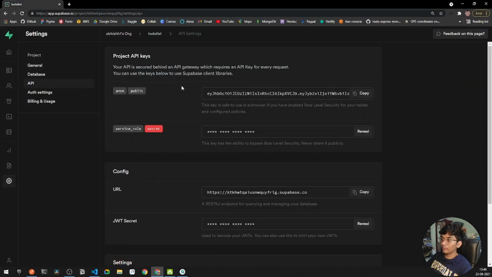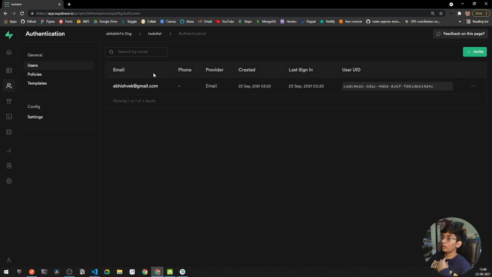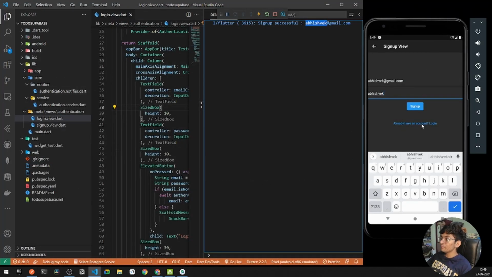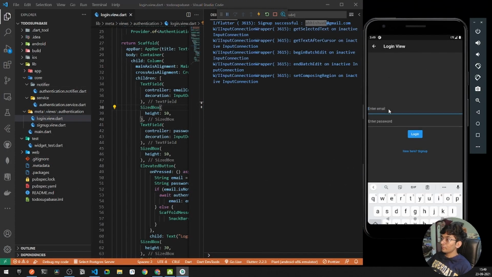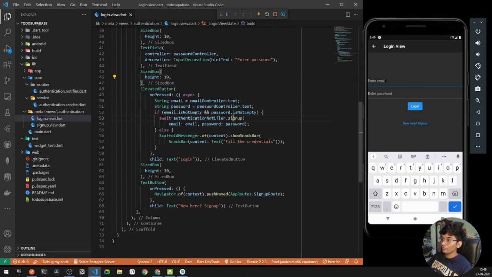If I go back under my authentication thing, under email, you can see I got an email of abhishek@gmail.com. Also, we'll be getting some ID, the last sign in, also creation date. Right. So now let's try to sign up with the same credentials. So I can go under sign up thing, and what we can do, we need to convert the sign up under login one. So let's make it login. If I tap here, you can see I'll be getting the following thing of fill the credentials. Right. So here I'll say Abhishek.